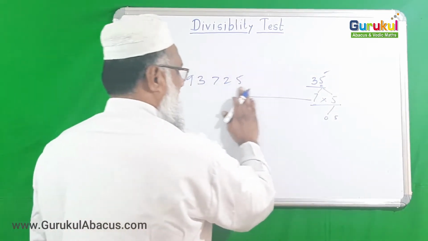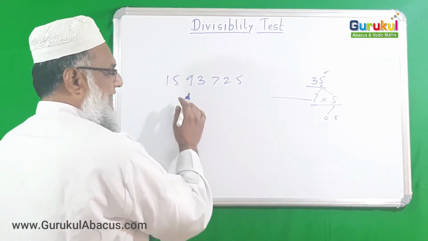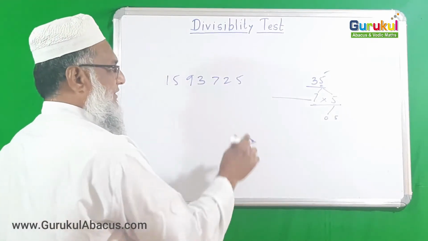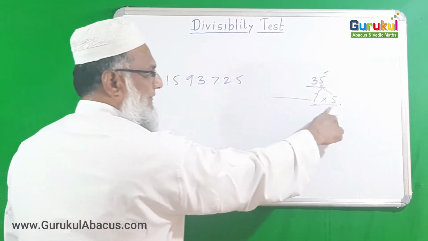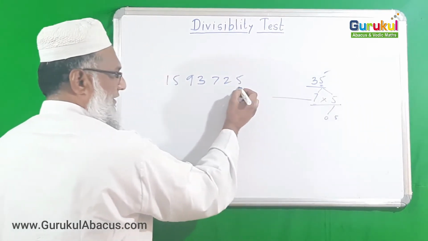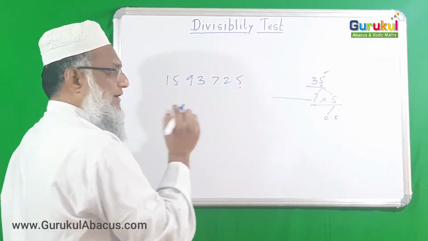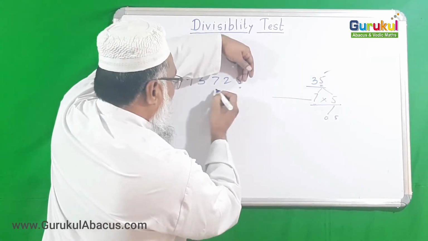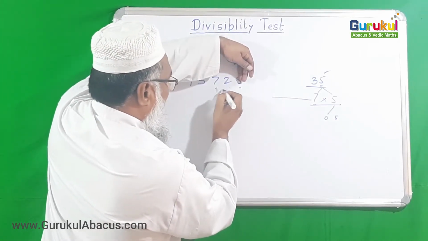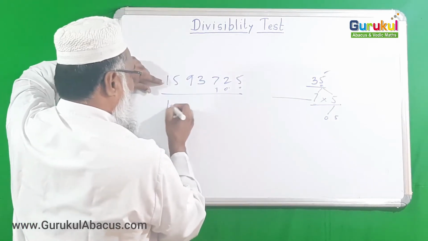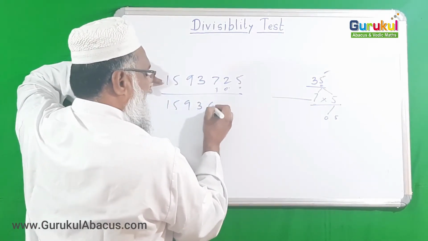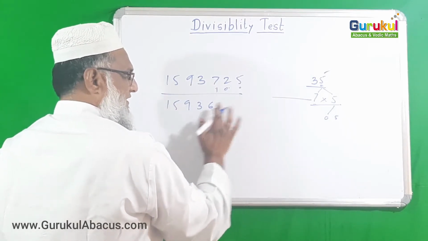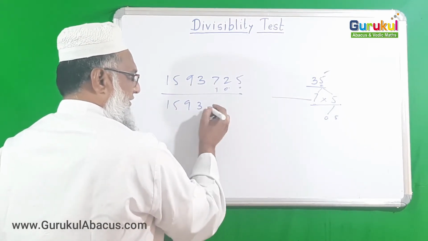Let us check. So we are only trying whether it is exactly divisible by 7 or not, because we know it is divisible by 5. Okay, so let us check. Test of 7: remove the last digit 5 and double it, it is 10. Now subtract 10 from the remaining number. Next we are getting 159362. Last digit is 2. Double it, it is 4. Subtract from the rest. We are getting here